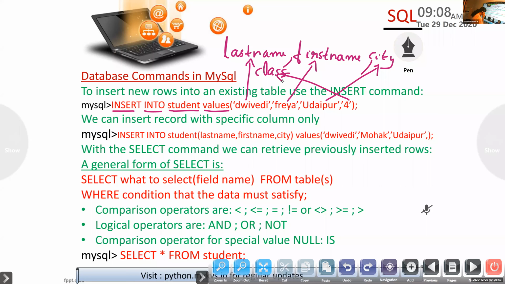Once again, is it because of the number? No. Then what about last name, first name, city? Hana, any idea? Yes or no? Hello? Are you there?